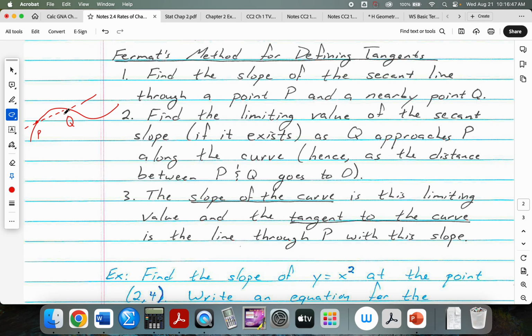And then you start moving Q to the left along the curve, and as it gets closer and closer, you get better and better approximations of something that would be tangent to the curve. And that's the idea. As the distance between these 2 points goes to 0, you actually get something that is